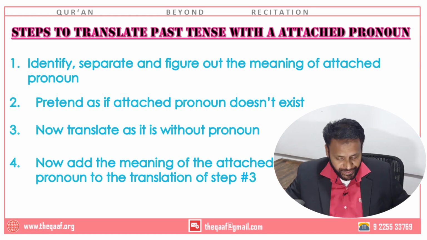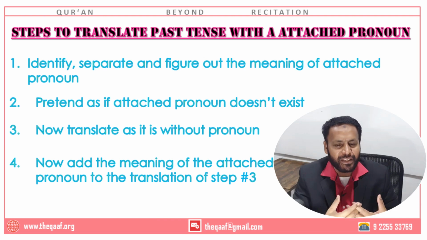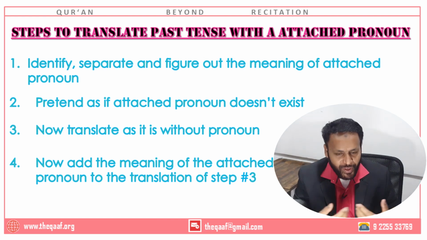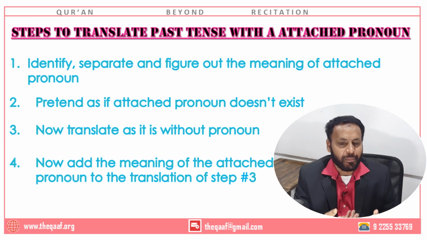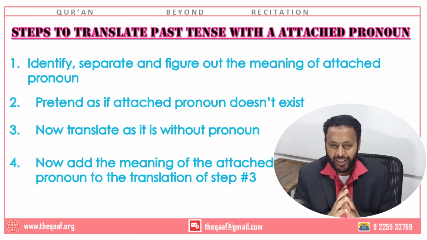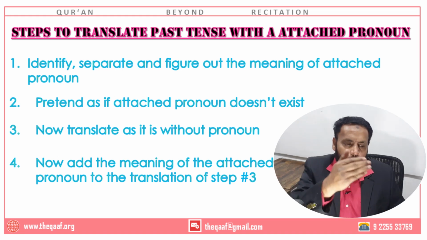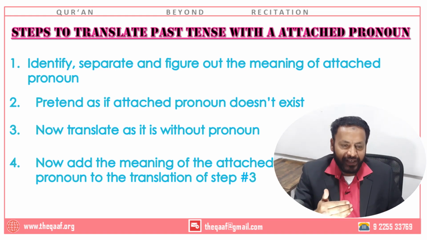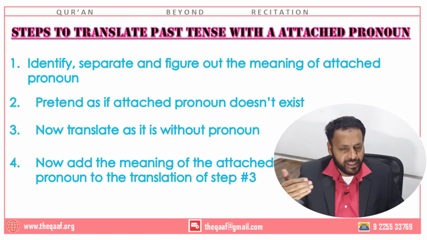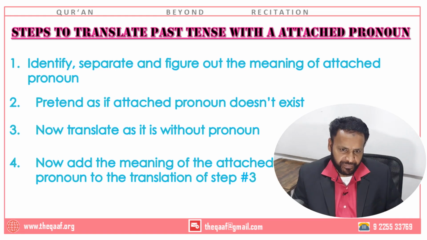Okay. So once you have this verb meaning and pronoun meaning, in the next step just mix both the meanings. And now when you do it, you have got the right interpretation. Only when you follow these steps are you most probably going to get it right. Otherwise, simple verbs you might be able to solve, but as soon as the verb becomes complex and a complex pronoun is attached to it, you will mess up. So to begin with, you always follow this step: identify the pronoun, assume it is not there, translate the verb, put back the meaning of the pronoun. Now you have the correct interpretation.